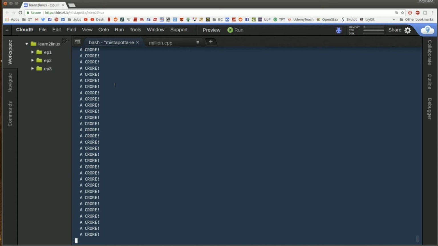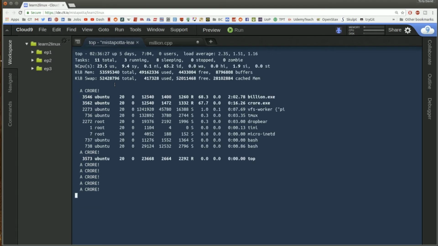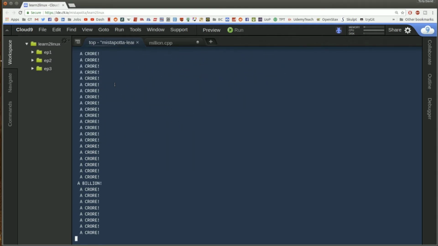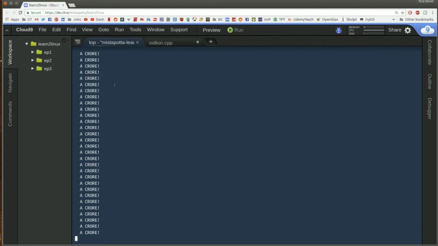Remember, ctrl is running at 1/100th the speed of billion, so it's actually running that fast. And if I do jobs, I can see the jobs that are running. If I do top, then it's going to tell me the top processes. And this screen, remember, refreshes every 3 seconds. But ctrl and billion are going to make it run off the top of the screen very quickly. Now I'm going to look real quick and see if I can find the process number. I see a